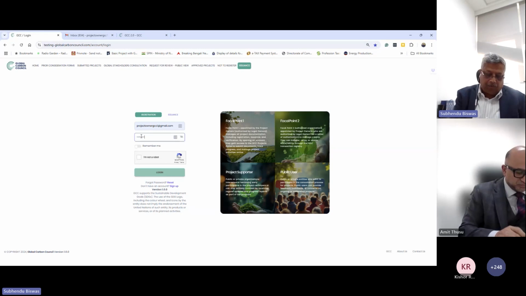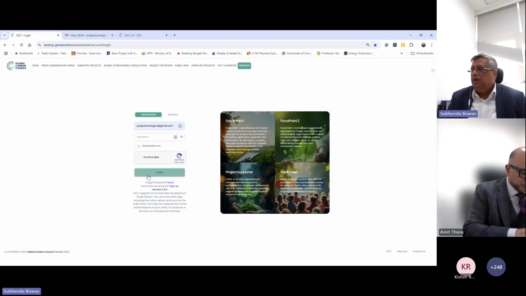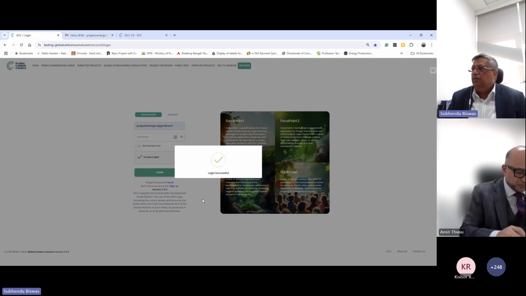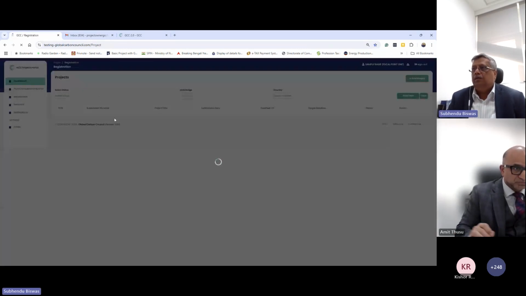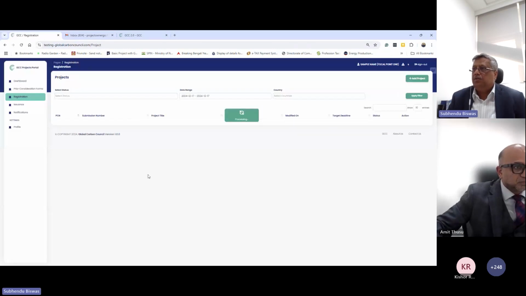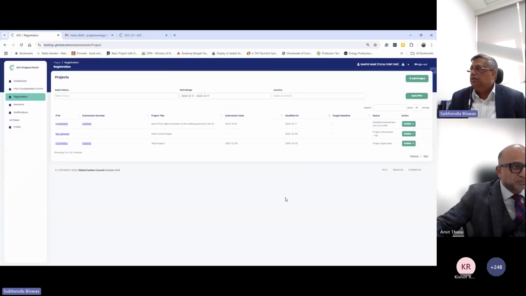I'll just try to show you how, for example, you are a project owner and you confirm you're not a robot and you are admitted into the portal under the registration workflow. So then that takes you to some dashboard here. So the first point is